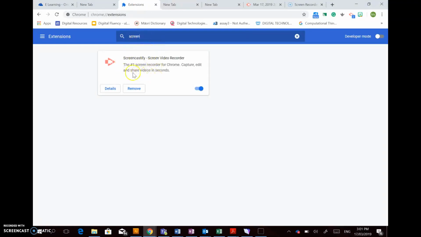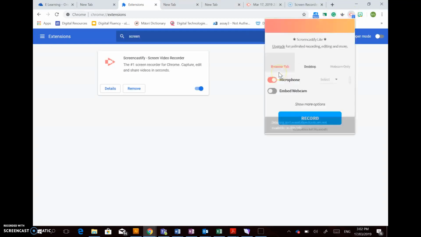So to get Screencastify, just type it in here. Obviously I've already got it, so I can remove it or add it. And then once you've done that, you'll see the icon appear in the top right of the screen. So when I click on my icon, so say I want to record a tutorial or something that I want